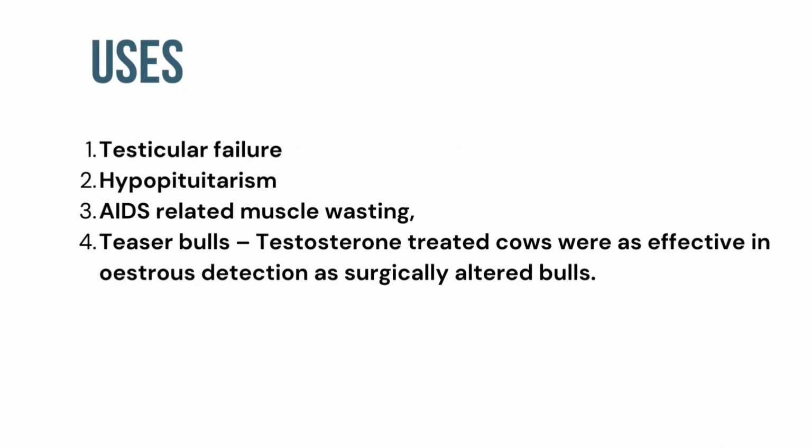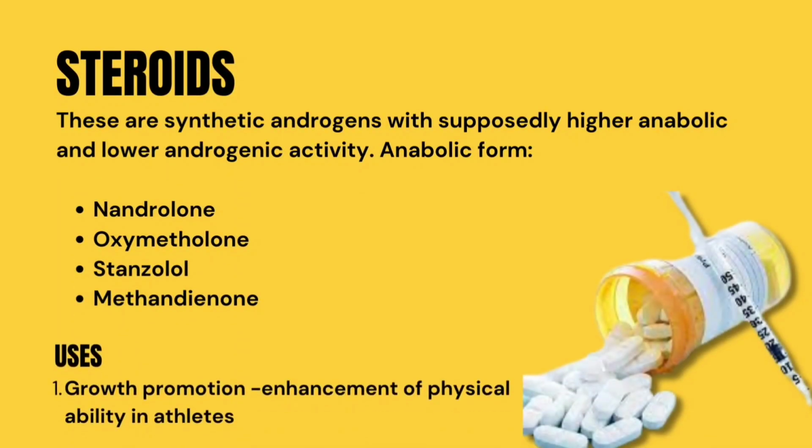For its uses: testicular failure, hypopituitarism, AIDS-related muscle wasting, teaser bulls. Testosterone-treated cows were as effective in estrus detection as surgically altered bulls. Anabolic steroids are synthetic androgens with supposedly higher anabolic and lower androgenic activity. Its anabolic forms are nandrolone, oxymetholone, stanozolol, methandienone, and its uses are growth promotion, enhancement of physical ability in